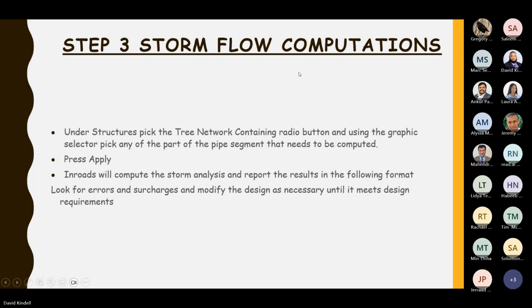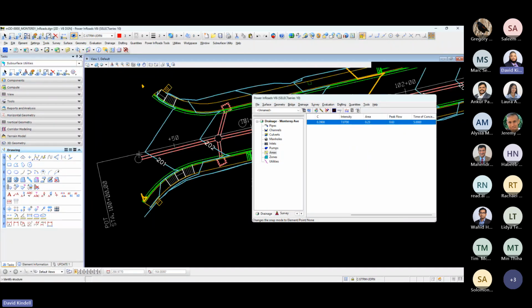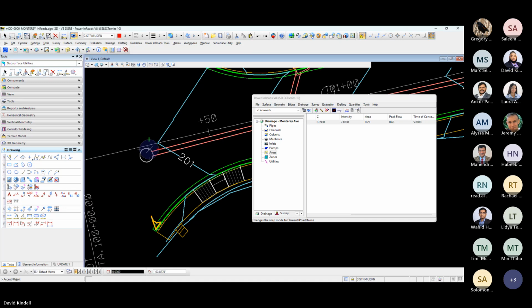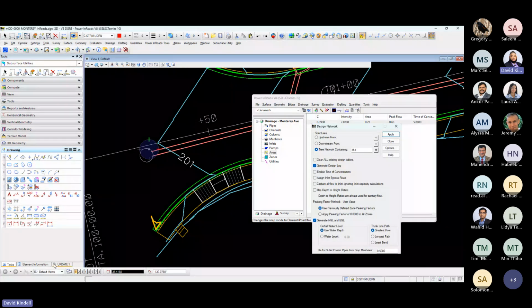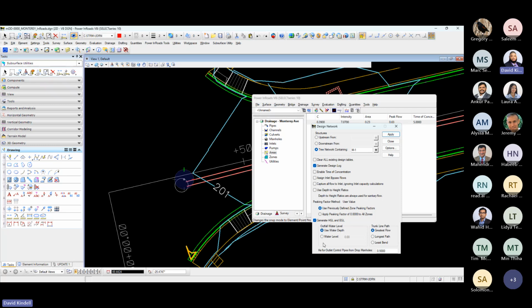So go back to, you shoot. So when you shoot a network, you shoot the one that's the most downstream, like manhole 1. Okay. And then it'll generate your HGL and everything. So for this HGL here, we usually use the most downstream pipe invert,